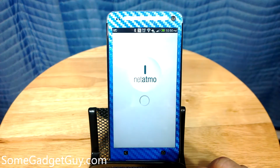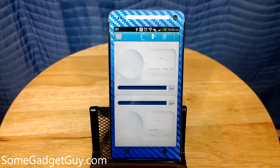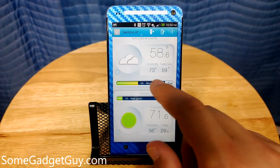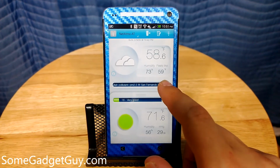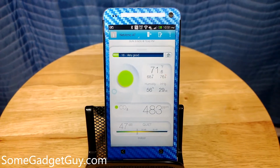And I'm really happy to see that the mobile app for Netatmo is really well polished. I've played with a couple other home automation and home monitoring solutions that can talk to our Androids and talk to our iOS devices, but sometimes they can feel really stark or they just look kind of ugly. They can be hard to interact with. The layout on Netatmo's app is very clean with panels that slide just like a modern app should, and all of that information is very easily tracked and is very easily accessible from your smartphone or tablet anywhere you go